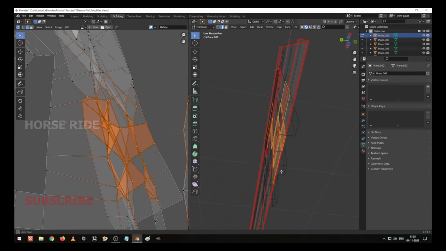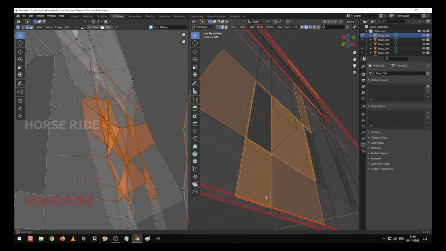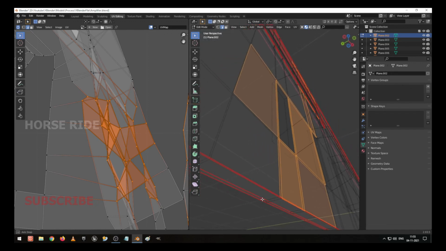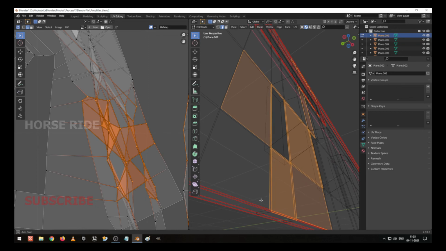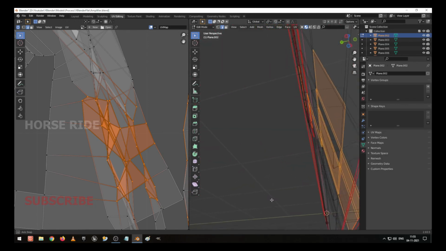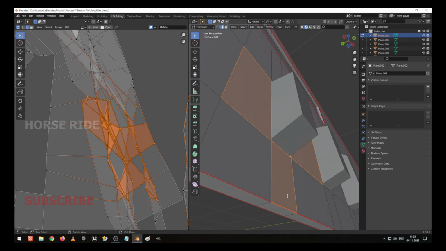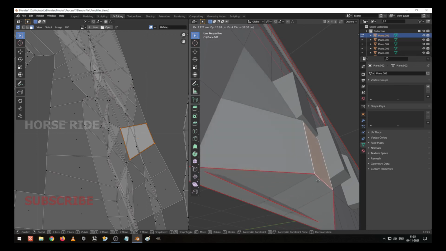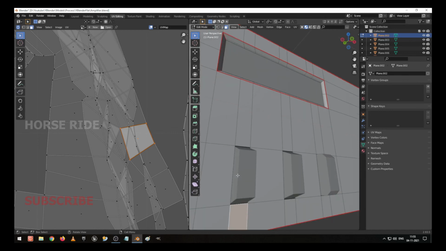It looks like it created two objects of thickness. Yeah, it was giving thickness now, right? Go to the edge selection and G to move. Yeah, I understood what's happening here.